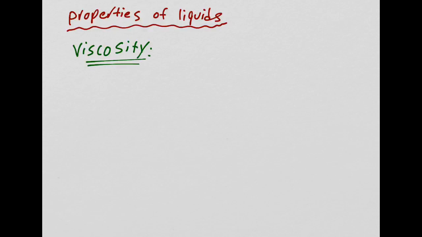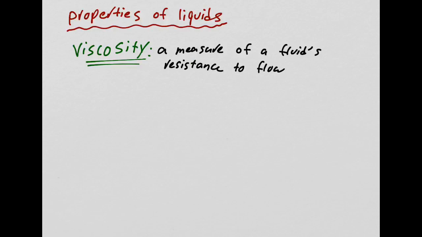Viscosity is basically a measure of a fluid's resistance to flow. Now, to simplify it, it is basically the thickness of a liquid. Have you ever noticed that people who are wine drinkers, the minute they get their wine, they